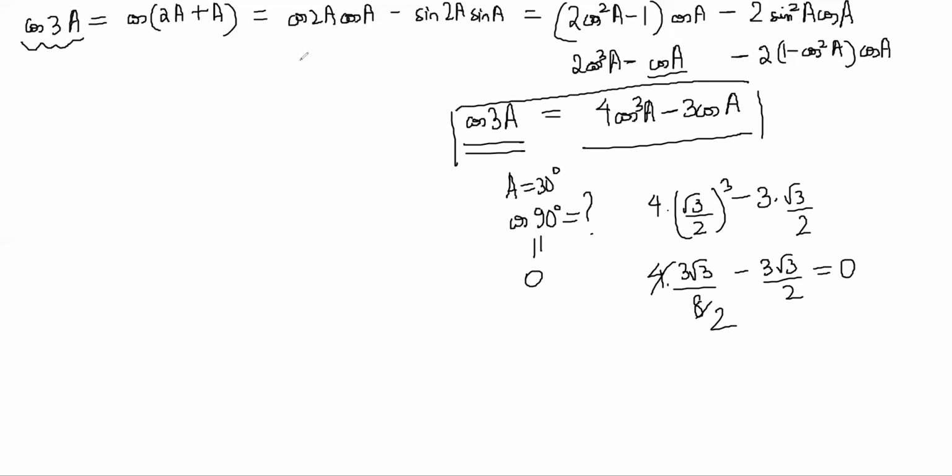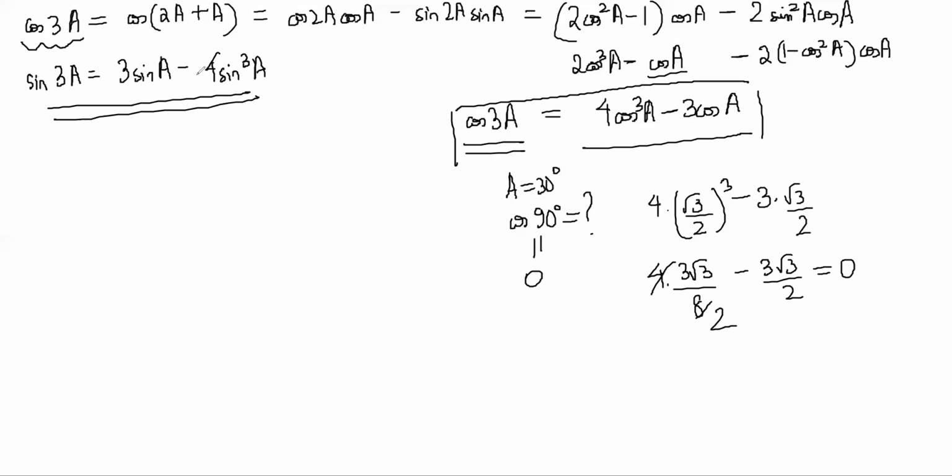And you had already derived that sine 3A is equal to 3 sine A minus 4 sine cube A. Notice the similarities between the two formulas. Here the cos cube is first and minus 3 cos A is second, and here 3 sine A is first and minus 4 sine cube A is second. But you also know how to get it, right? It is from 2A plus A.